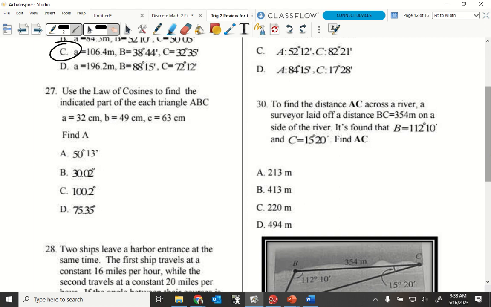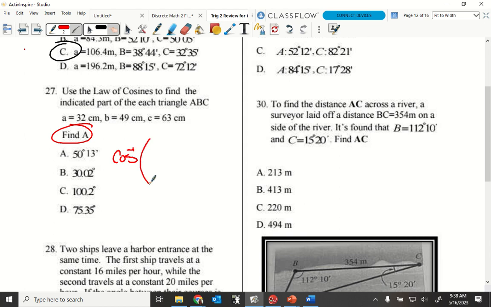Law of cosine: find the indicated part of triangle ABC. So I give you all sides, which means you have to find the angle using law of cosine. This is the big brain here, right? Let's see if you guys remember the pattern. We just did it. Find A. If you're looking for big A, that would be inverse cosine of, A squared,